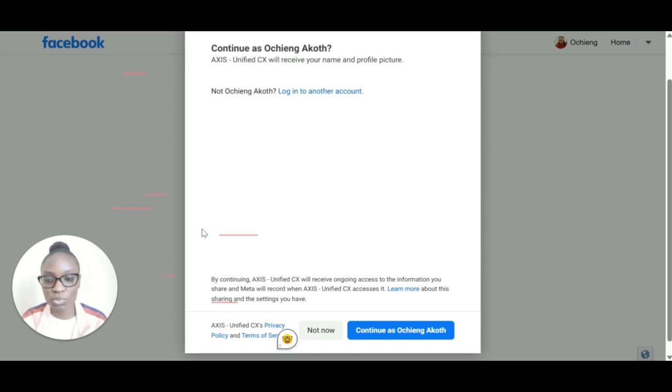So when you connect your Facebook page, you'll be able to connect your Instagram page if the Instagram page is also a business account and it's linked to the Facebook page in Meta Business Suite. So you're going to continue,